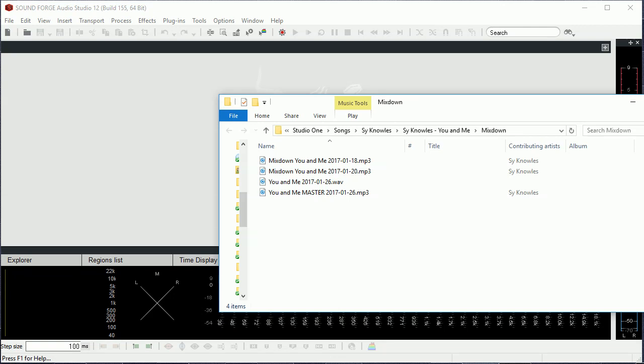Today we are looking at SoundForge Audio Studio 12, the latest version, and I'm going to show you how we're going to use SoundForge Audio Studio 12 and built-in plugins to master a song. The song that I'm going to try to master as a demonstration is from Knowles and the song You and Me. I mixed it for him earlier this year, and he's quite happy for me to use his songs for demonstration purposes. Thank you so much, Simon,